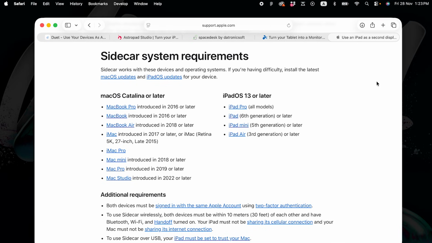The requirements are to have on your Mac macOS Catalina or newer, on your iPad to have iPadOS 13 or newer, and both devices to have the same Apple ID. You can connect it wirelessly without any cables, but make sure Wi-Fi and Bluetooth are on. You can also connect it through a USB-C cable for a more stable performance, but honestly I don't see any